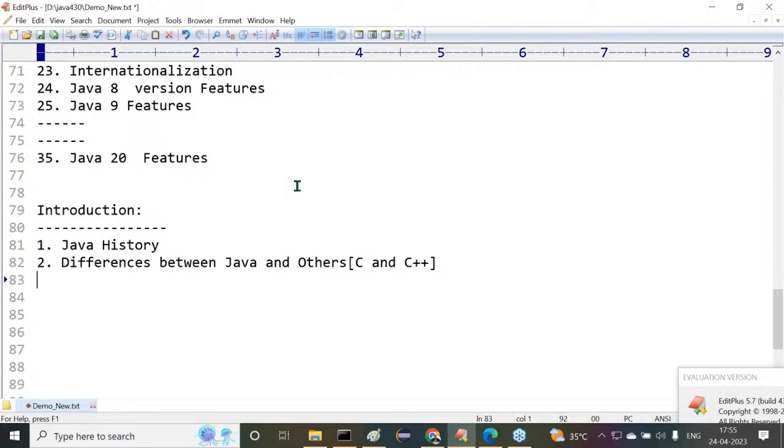To specify this particular point, I'm giving some comparison of Java with C and C++. What exactly the differences are, what differences you understood. We are going to say clearly why Java is good when compared with C and C++. All the things are going to be covered there. That's one thing. After understanding the differences, the next one is